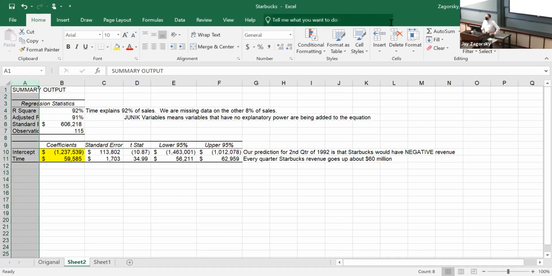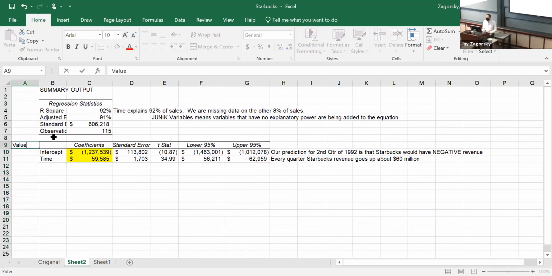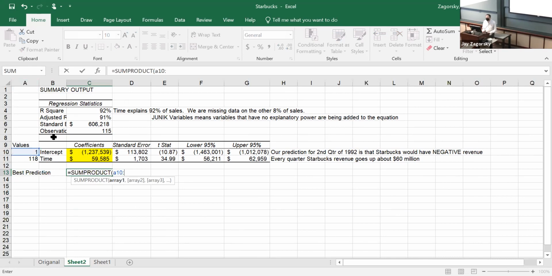All right, one easy way to do it is to do an insert. We'll type values, always a 1 for the intercept, so it gets counted, and time is 118. And our best prediction is the SUMPRODUCT of A10:A11, comma, the coefficients C10:C11.